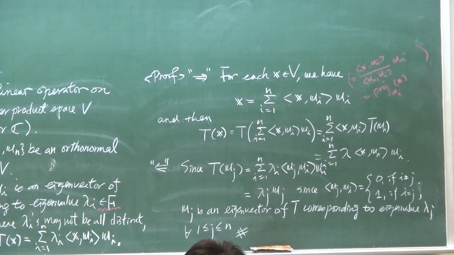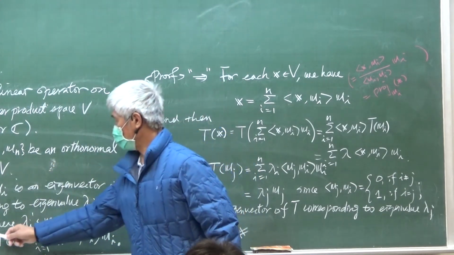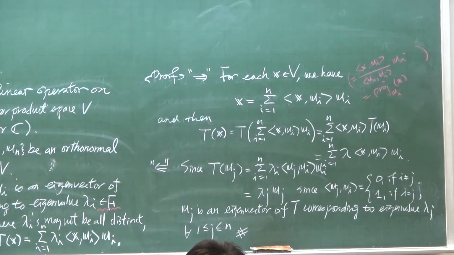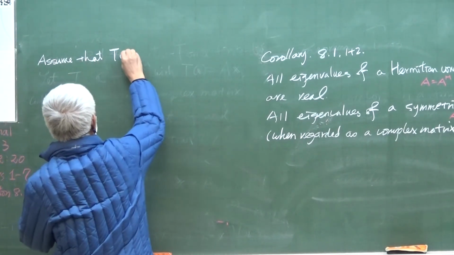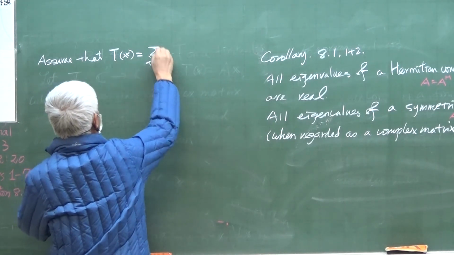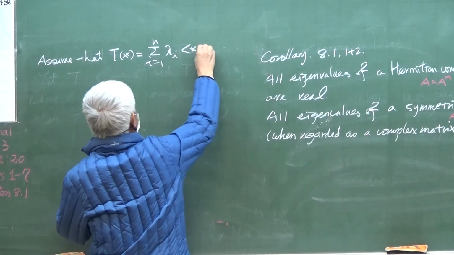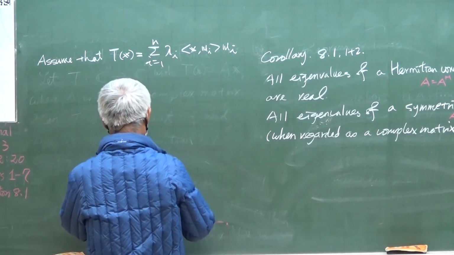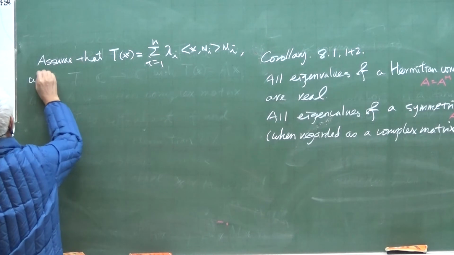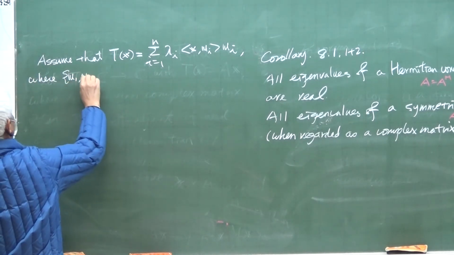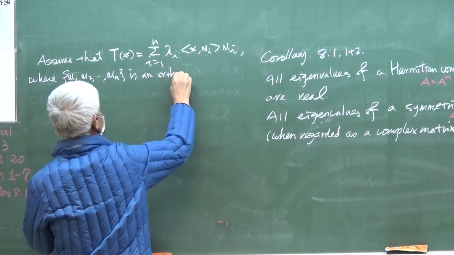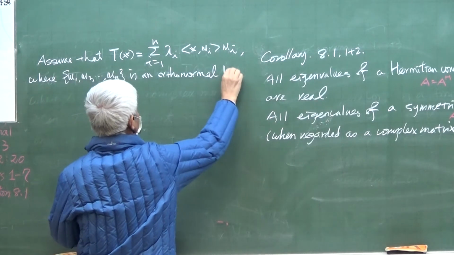So now we will see some consequences of the decomposition here. So assume that we have the decomposition Tx equal to the summation i from 1 to n of lambda_i <x, u_i> u_i, where u_1, u_2, up to u_n is an orthonormal basis